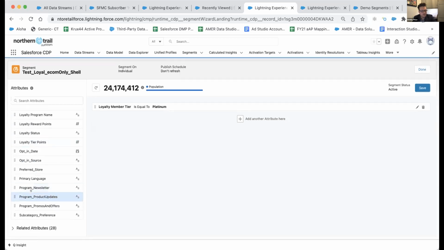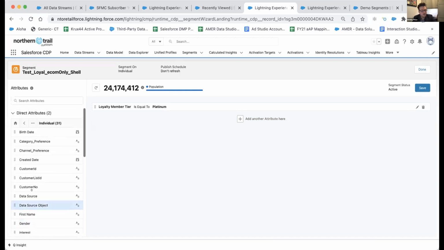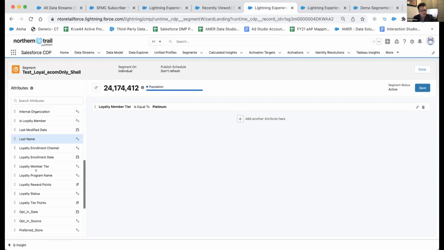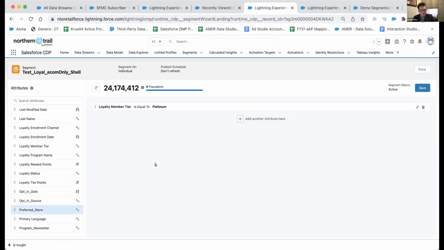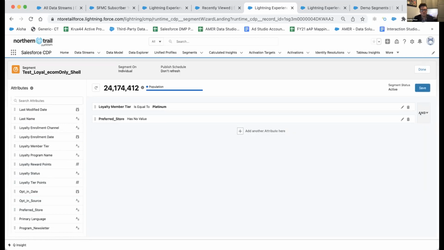Okay, from there, let's just say we're going to go into primary store, preferred store location. We still have that in here. It doesn't really matter, but preferred store is perfect. And here, let's just change the value to has no value. So we hit done. We can see the rule operator defaults to and, but we can also change these based on Boolean logic to or. You can keep adding or changing your rules.